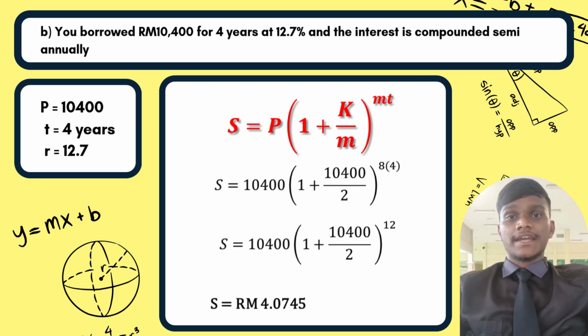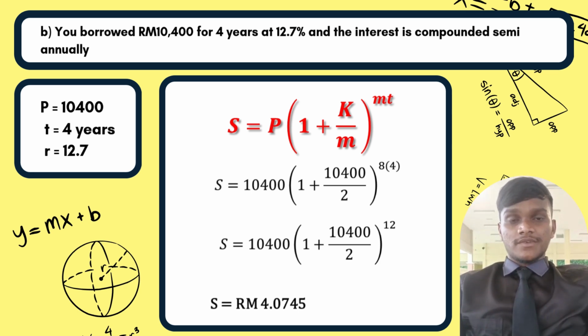In this question, a loan of 10,400 is borrowed for 4 years at an annual interest rate of 12.7% with the interest compounded semi-annually. The compound interest formula used is sum equals principal times (1 plus rate) to the power of compound time, where P is the principal, R is the annual interest rate, M is the number of compounding periods per year, and T is the time in years. Since the interest is compounded semi-annually, M equals 2